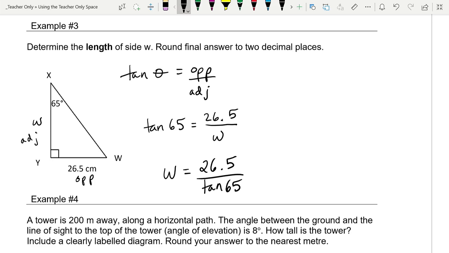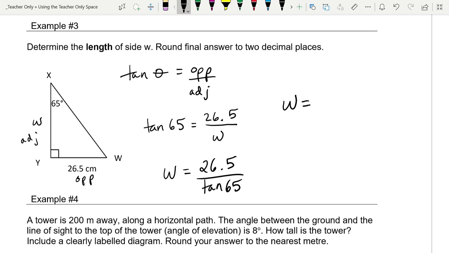I haven't hit equals. You know what the 2.1 is? It's the ratio for the 65 degree angle. It's the opposite over the adjacent. But that's not my answer. My answer doesn't happen until I hit equals, until I do the divide. So W